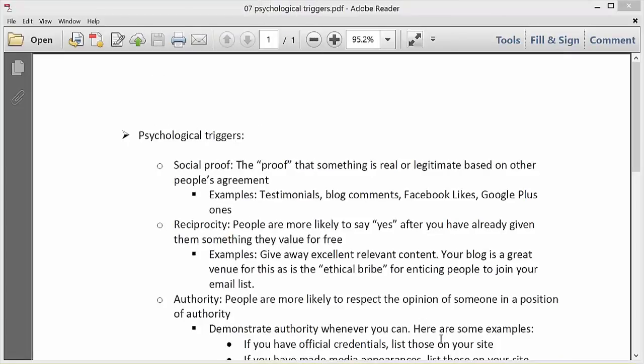Alright, so let's talk about psychological triggers, and these are things that you would use in your marketing in general and also in your copywriting. So you could think of this section as an extension of the copywriting tips. So psychological triggers. Okay, first is social proof, which is the proof, which I put in quotes, that something is